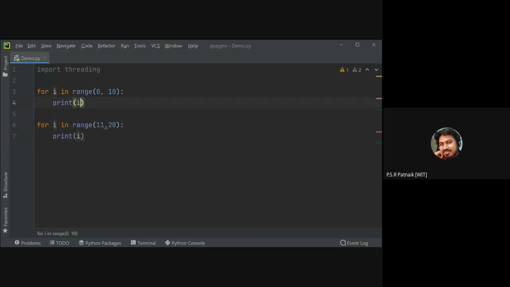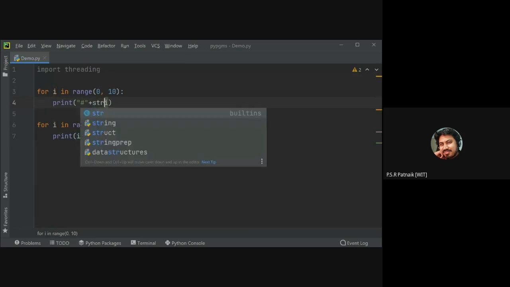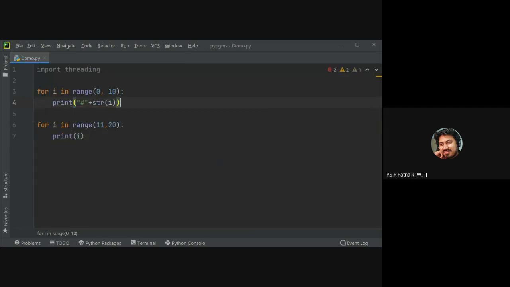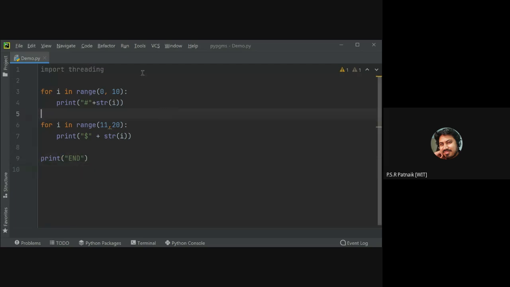And what I'll do here is add some text to this, and here I'll append a dollar sign. Now if you execute this code, in the end I'll print end. So I have written this block of code, and now if I run this,